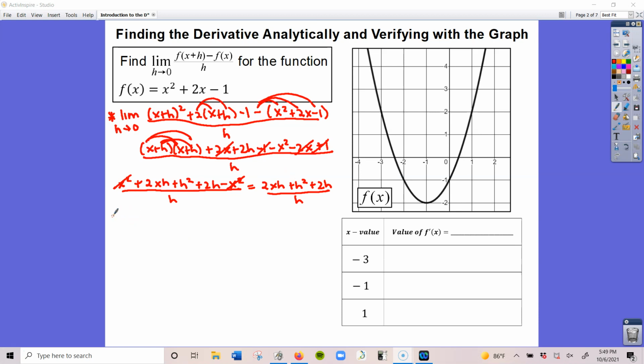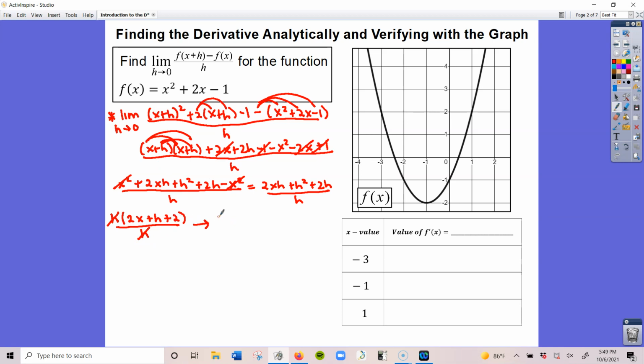So now what we have is the h on the outside, 2x plus h plus 2 all over h. If you did this process correctly, this will always happen. Now I can cancel out the h, which was the problem, because if I take this limit, I couldn't plug in 0 because I would have 0 in the denominator. So that's the whole point, is that we can cancel out that h, and now I can evaluate for the